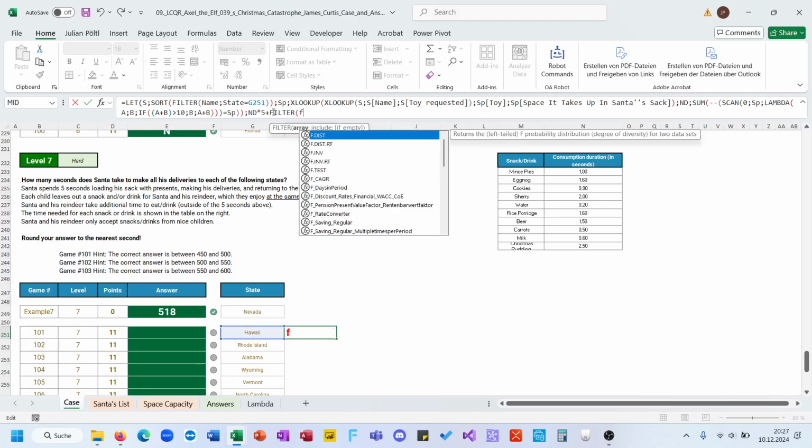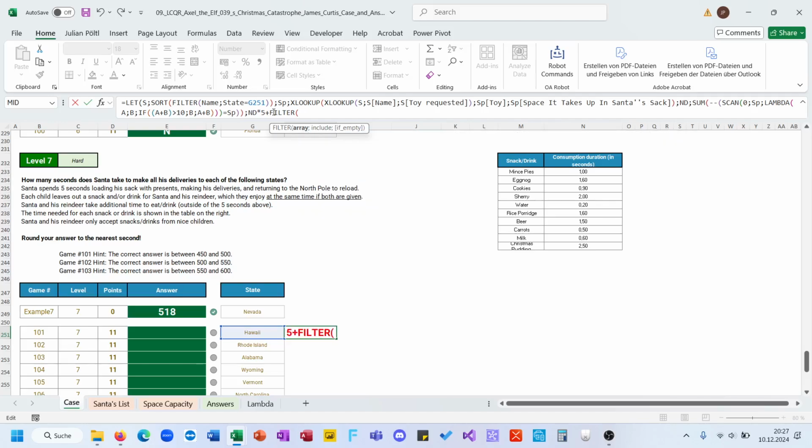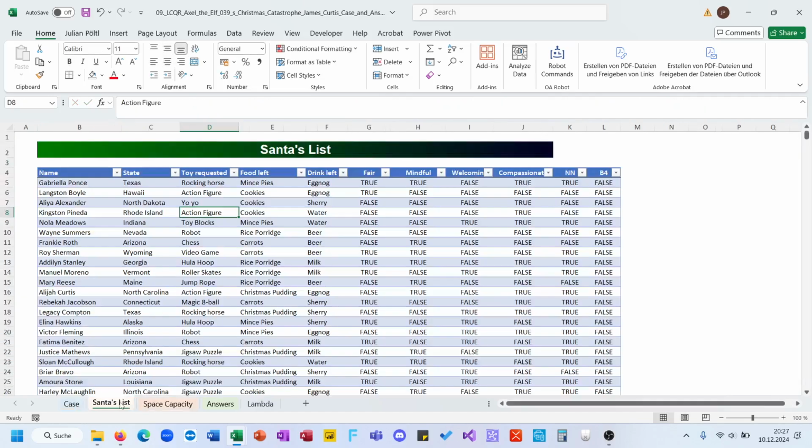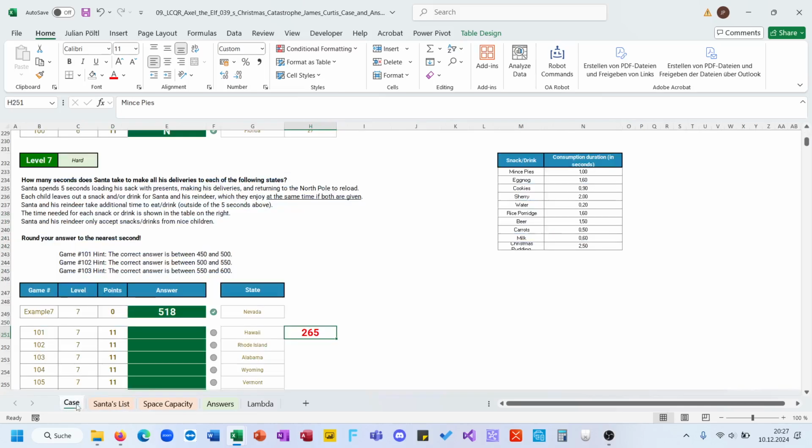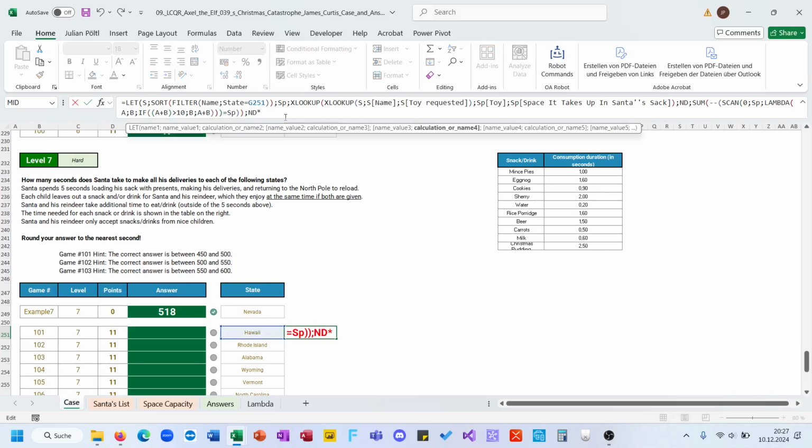I think we need to filter for the drink. Oh, drink and food. Is there like that they make both? I think so. Okay, times 5 plus filter, not field value, filter